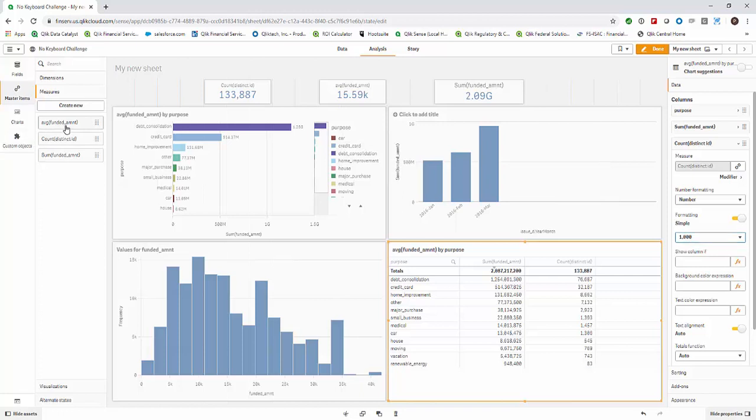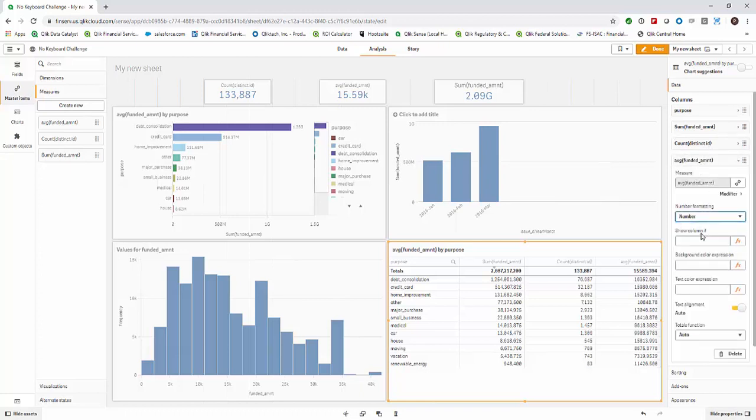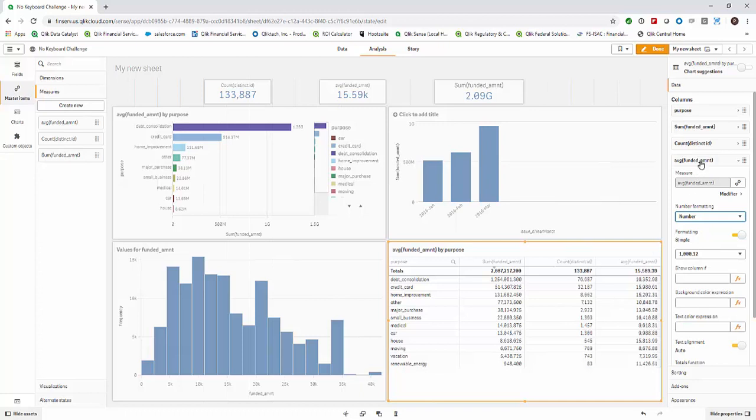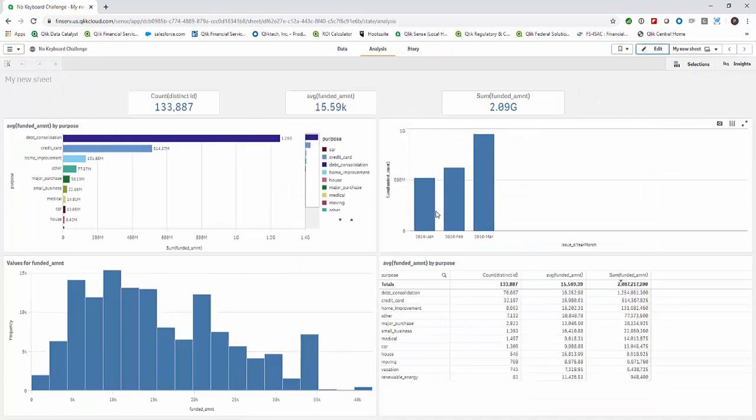And let's go in here for average. Average is great. And I'm going to clean up the number. Great. I want to reorder these to make them the same order: count, average, and sum. So count, average, and sum. So there is my dashboard. It can certainly do a lot more work, but I'm still under 10 minutes, and I'm at the point where